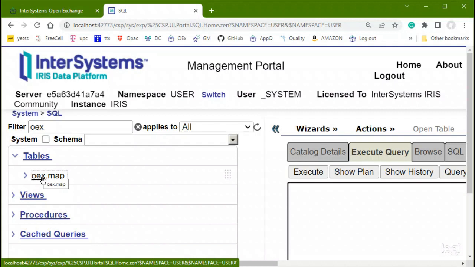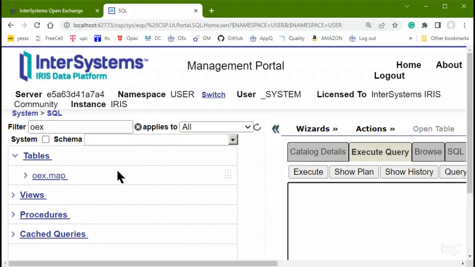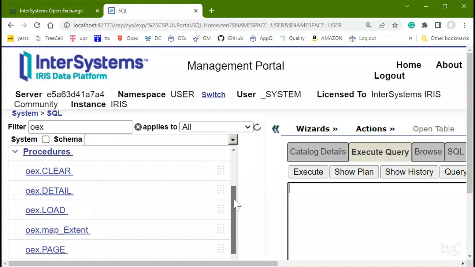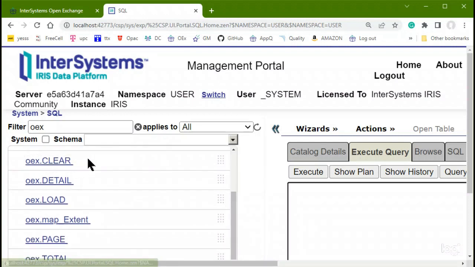It's OEX.map, and what you also see here are the prepared procedures. There is a procedure clear that erases everything very fast. Then we have a procedure detail that loads the details from the individual packages. Load is the general loader that loads multiple pages in one run,